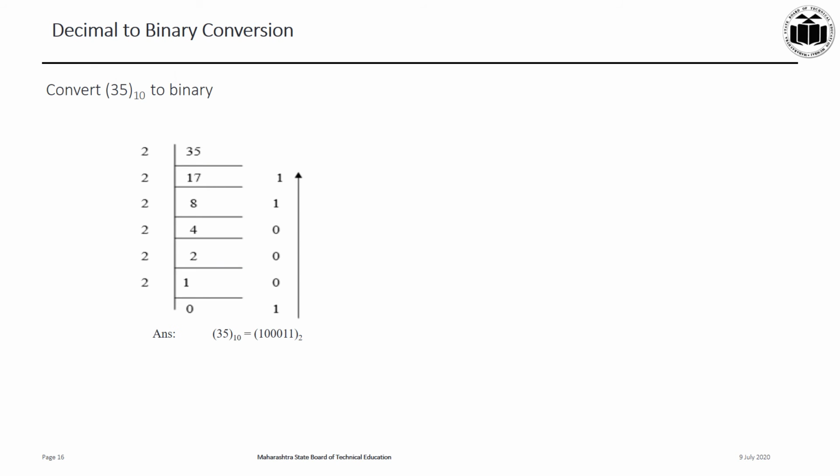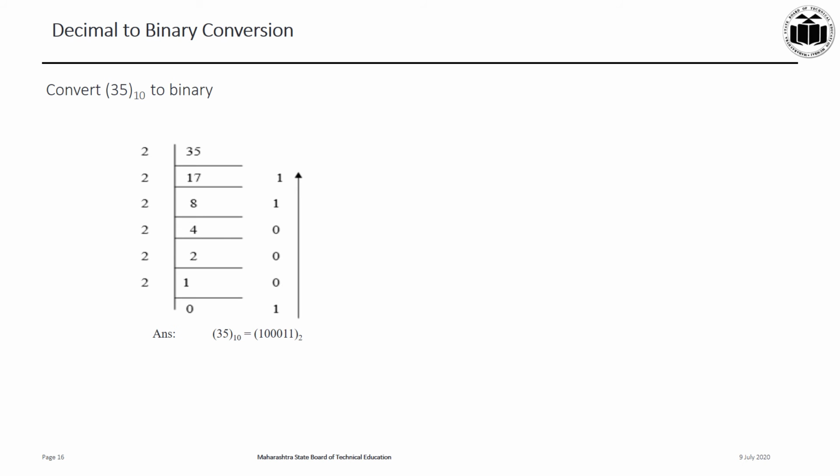Decimal to binary conversion. For the decimal to binary conversion, you first need to divide the decimal number with the base, which is 2 in this case. Note down the remainder. So as you can see, you divide 35 with the base 2 and the remainder will be 1. After that, the quotient is then to be divided with the base, which is 2 in this case. The remainder will be 1. Continue this step till there is nothing left, which means you get a 0 at the end.